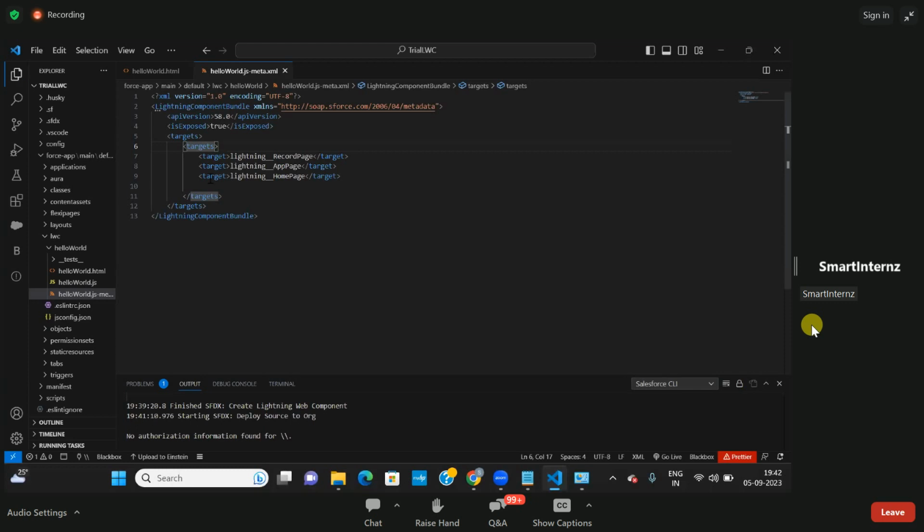Okay. Now save this. Now here you can see, I want to show this component on the record page. Then I want to show this in the app page and also the home page. You might be knowing these things, right? What is the record page? See, whenever we go to the account and we are simply opening that page, we can place this component